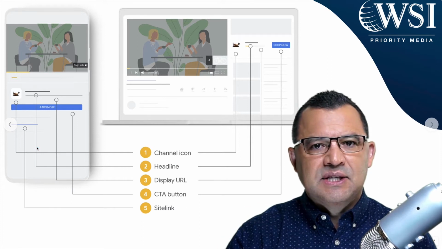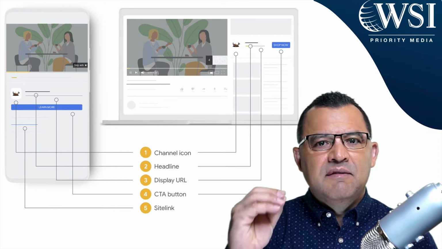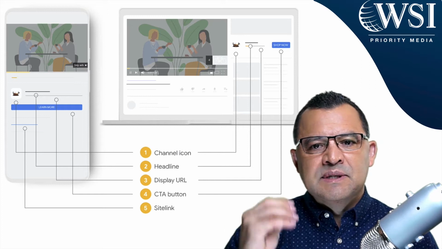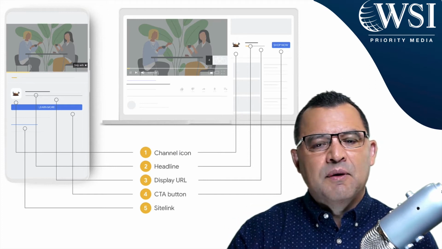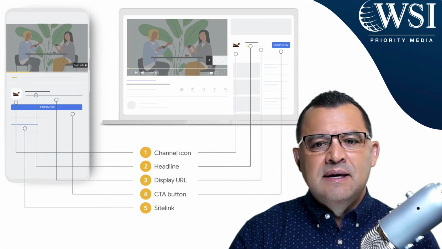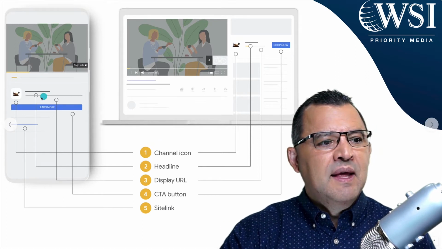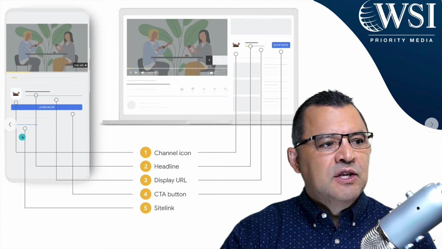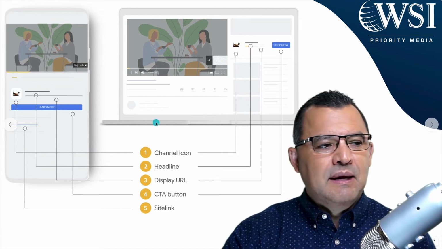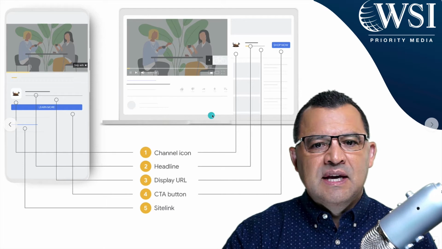And on mobile, what's really awesome is that you've got site link extensions. The site link extensions give you more real estate. Always, always, always use site links whenever possible. When you're running Google Ads, they are free real estate. And so here, instead of just seeing the video and having these first items, you get this extra real estate here by being able to include that. So make sure that you're taking advantage of that.